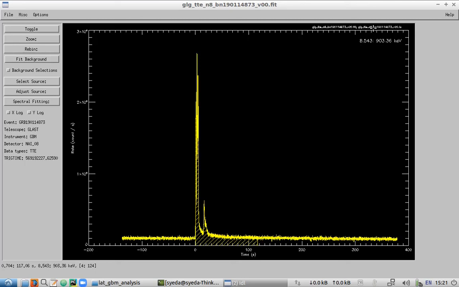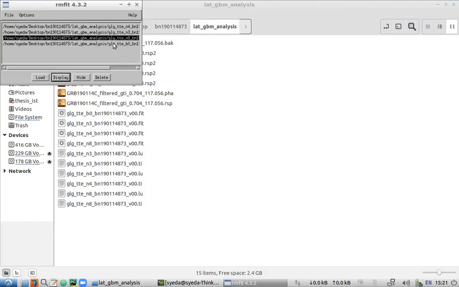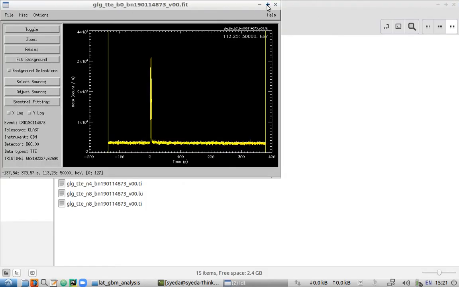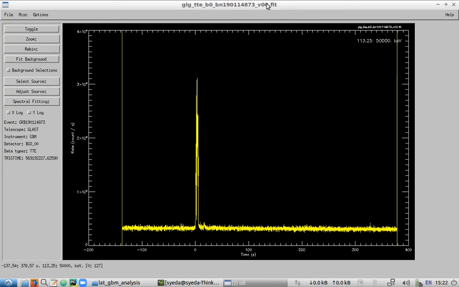Okay, we have loaded the NAI detector file. Now for the BGO, the NAI and BGO detectors have different ranges. NAI is from 4 keV to 2 MeV, and the operable range is from 8 keV to 900 keV, while the BGO has the energy range from 100 keV to 5 MeV, with the operable range of 250 keV to 40 MeV. So when we load the lookup file for the BGO detector, we will need to change the